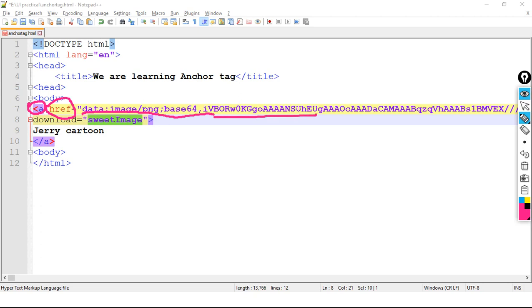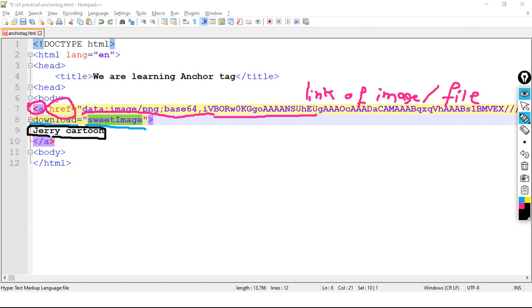Okay, this is the link of image, or we can say file can be any file, link of file. And I have made use of download attribute to tell that I want to download that particular file, and name should be sweet image. Understood? And I have changed the hyperlink name. It is now Jerry cartoon, and we have closed the anchor tag.